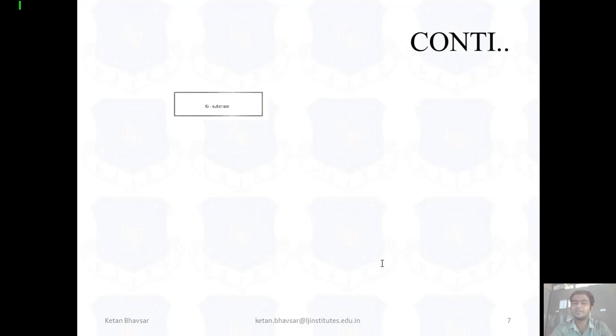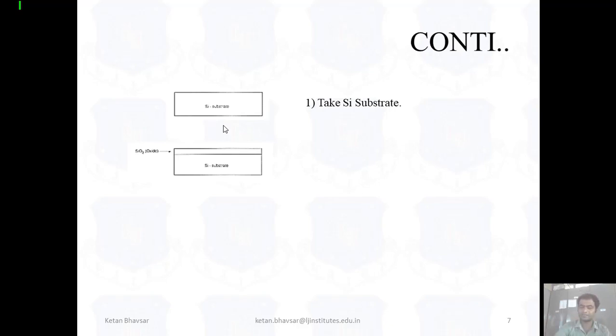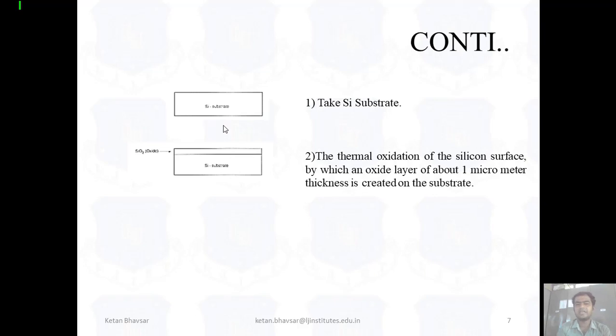So we have started with the basic flow, which, as you can see, begins with a silicon substrate, or Si substrate. Second, as you know, we have to apply the oxide layer, the SiO2 layer, with the help of the thermal oxidation process. As you can see, by thermal oxidation of the silicon surface, an oxide layer about 1 micrometer thick is created on the substrate.